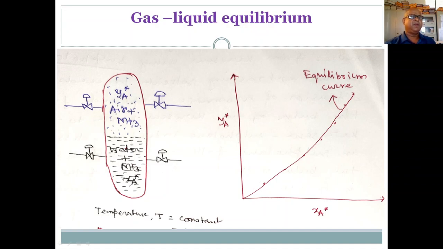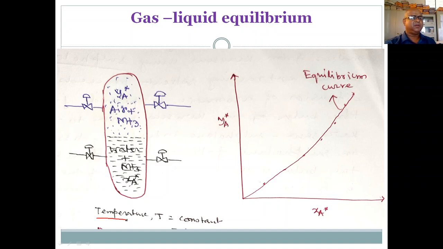How will you make this? I can make a very simple experiment. If I take this type of container, then I will put some water here, and there will be two valves, and then I will put the air-ammonia mixture here. Let's take a 2% ammonia mixture, 2% ammonia, 98% air. I put this in. Then what will I do to bring about equilibrium? You have to allow it for a long time